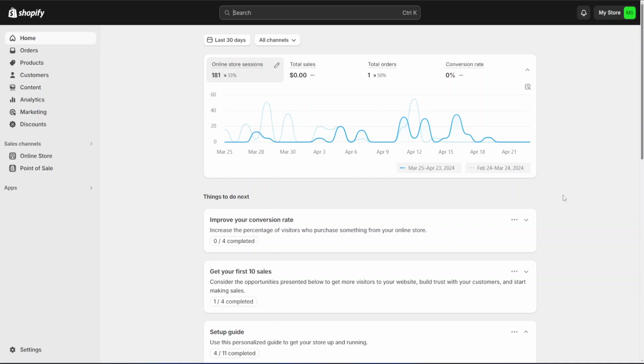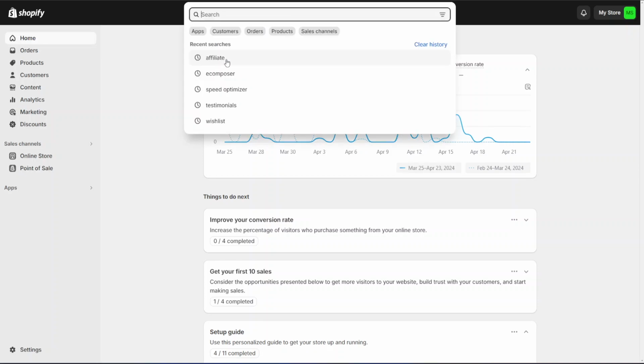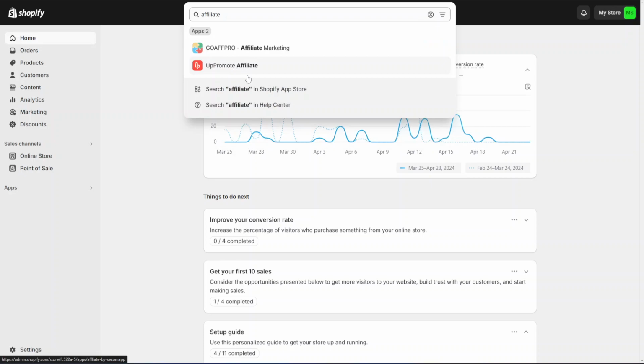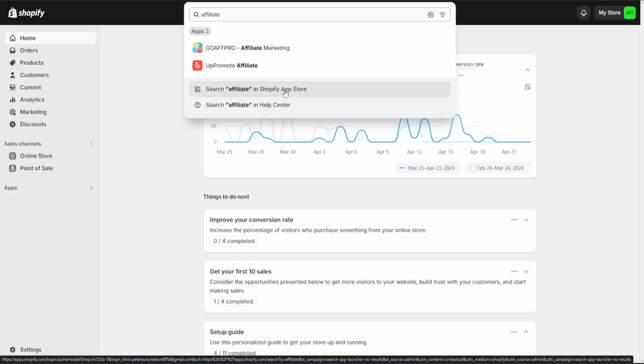How to add a referral program in Shopify. To do this, we have to navigate to the search bar up here, and I'm just going to type in affiliate. And now we're going to go to the Shopify App Store,